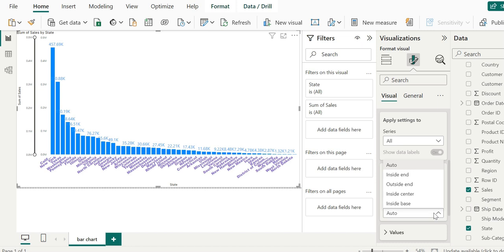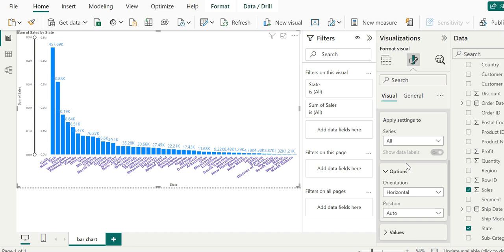After trying them, we see that auto works best. Inside end goes inside the bar and is not really visible, so we will go back to auto. If you try all of these, you can see easily that auto is the best one.